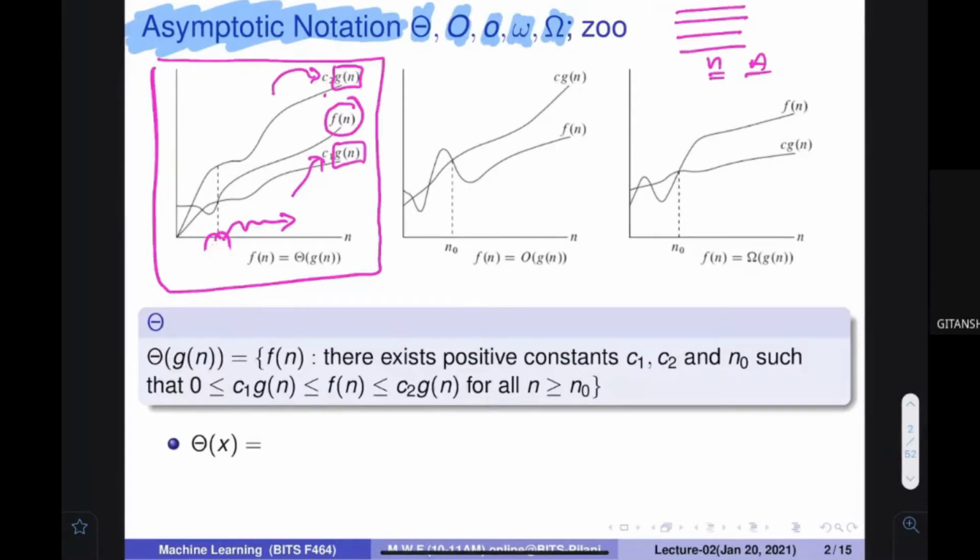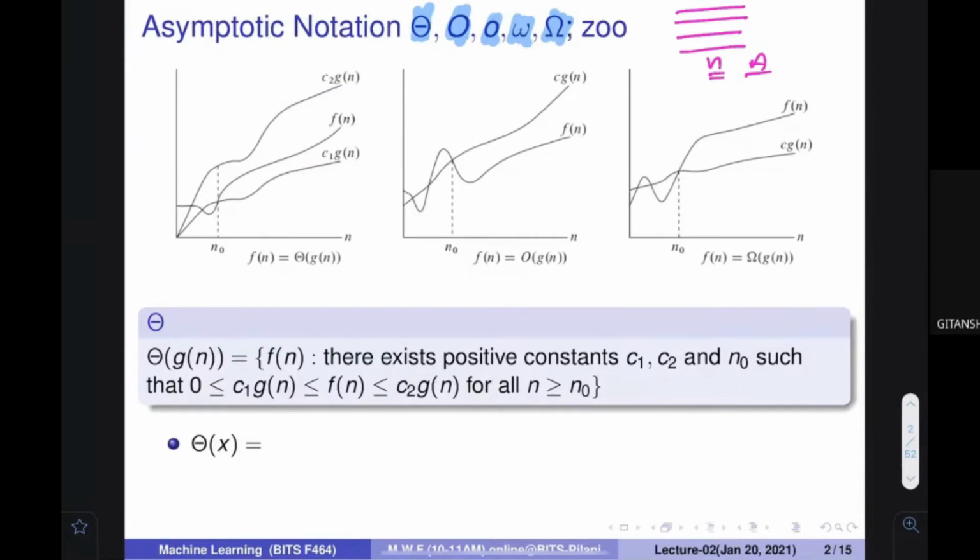Do you understand what I told? Let me repeat it. We want to analyze the behavior of f(n), but sometimes we don't have direct access, because when we change the input, even with the same size, the behavior of this function changes. So can we use some known function g(n) to understand the behavior of f(n)? How?